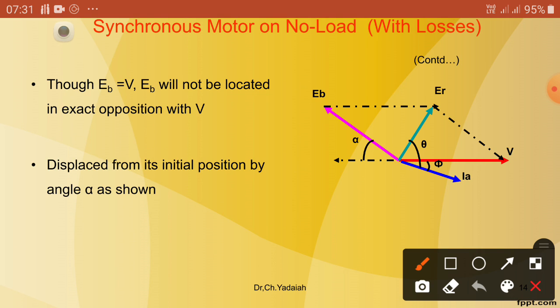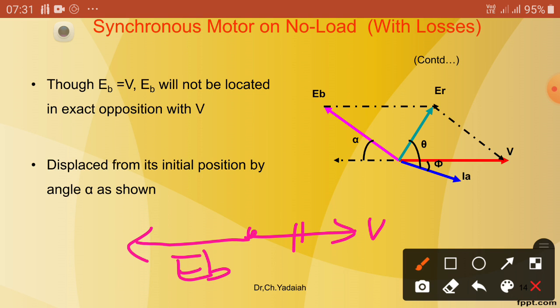In the previous case, V is the applied voltage and EB is the induced voltage. The magnitudes are equal, but the angle is 180 degrees opposite in the ideal condition. Now, due to some losses, this EB